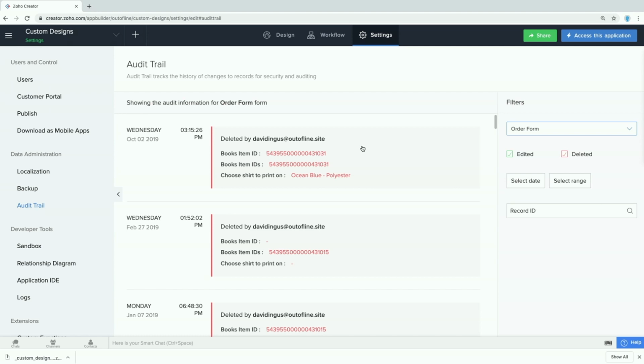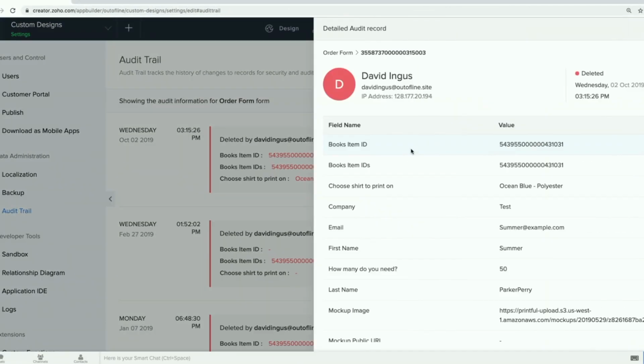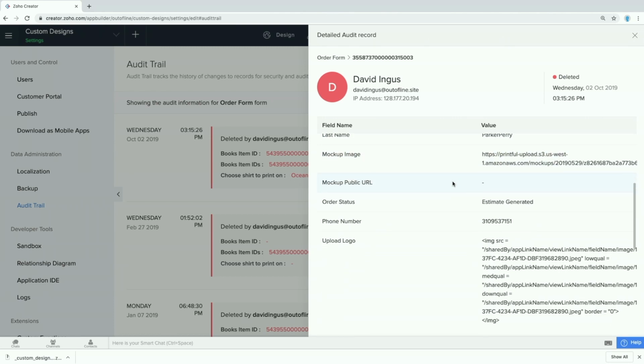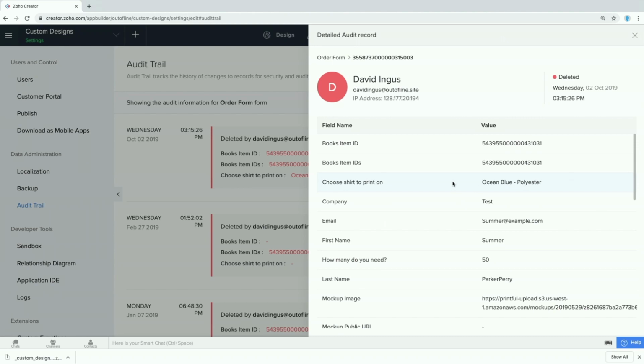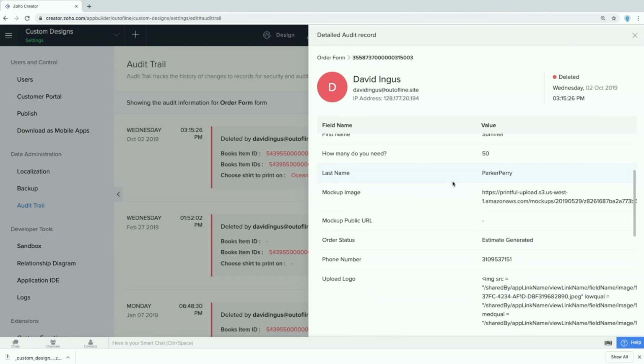And you can, again, if you look here, see who it's been deleted by, you can see what has been deleted, and if you click on it, you will get a whole lot of other information about this deleted record, which is pretty cool because it's a deleted record, and yet we still have all of this information about it in case we wanted to restore that, add it back, or whatever. So again, it's going to show who made this, who deleted this, and when.